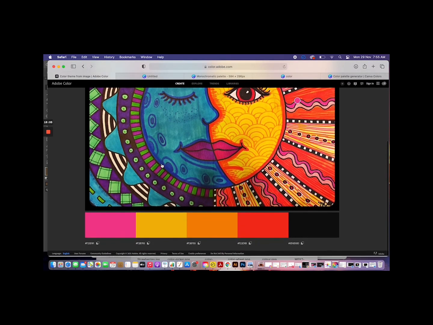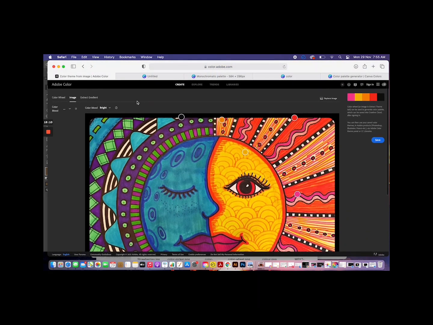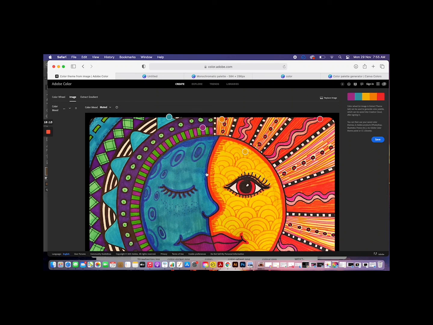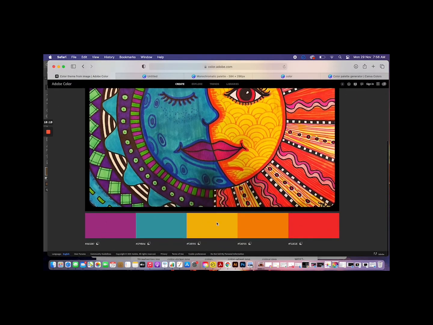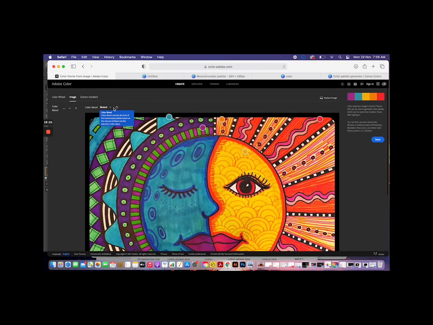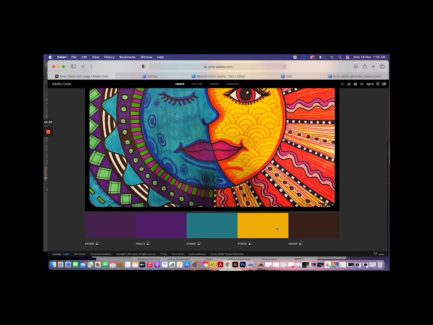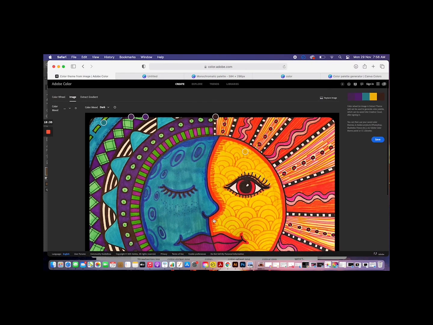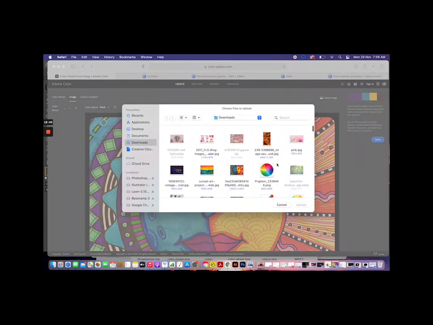But if I want a brighter color palette, I can change the settings and the same colors will just give me bright colors. Now if I want a muted color palette, which is very soft colors, you will see that these circles tell me where the color has been selected, and now these colors are a little bit duller than the previous. If I want a dark color palette, it will take the darkest colors in the group with only one bright color as the complement, because you can't have a completely dark palette. That doesn't make sense. Why? Because colors are always in balance with each other, and typically you have to try and get a good mix so that you can see a good contrast.